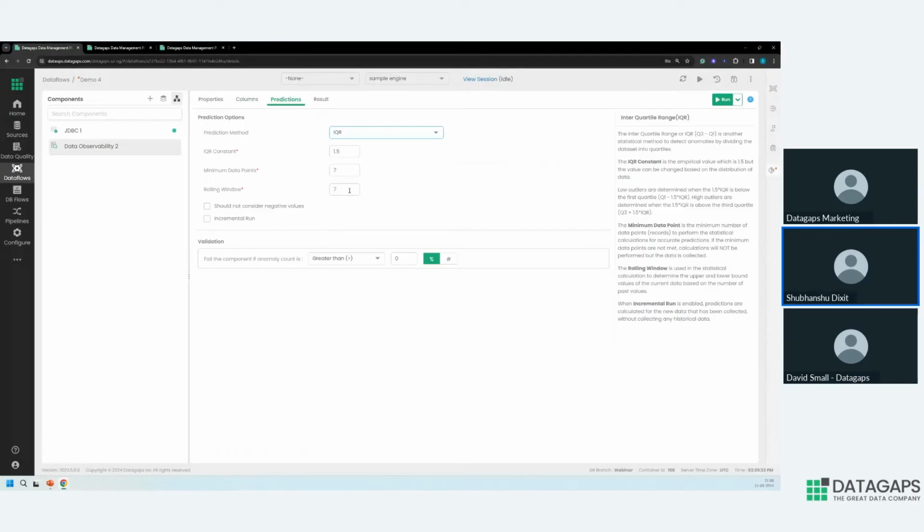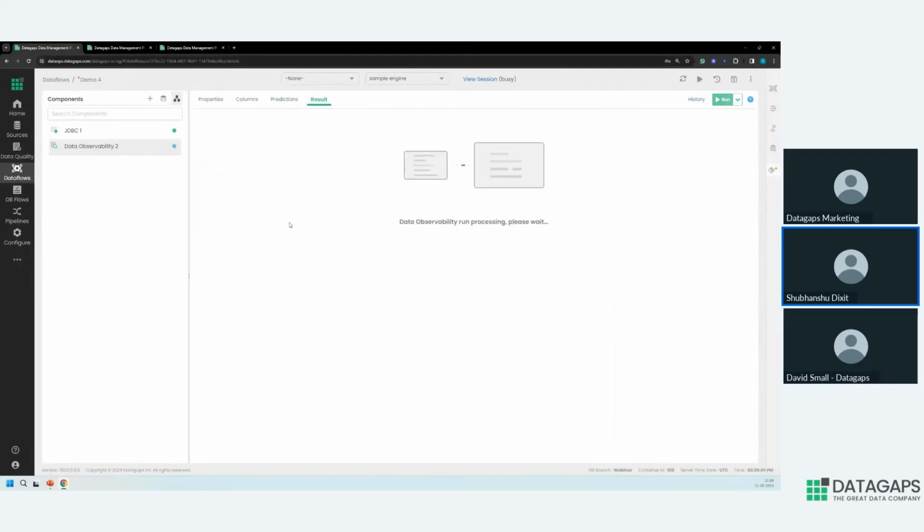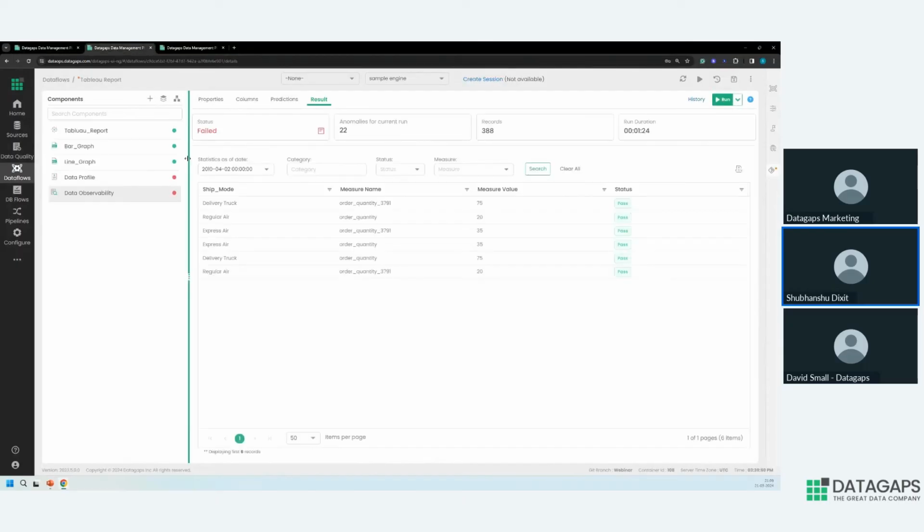We recommend IQR for any specific use cases, but if there is something specific, you can do that as well. And now I'll run the application. While the application is trained in the background on this particular data set to understand where anomalies come into the picture, I'll showcase an example of the result in a